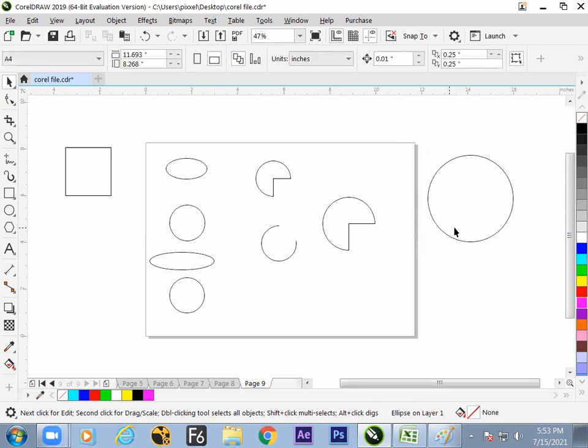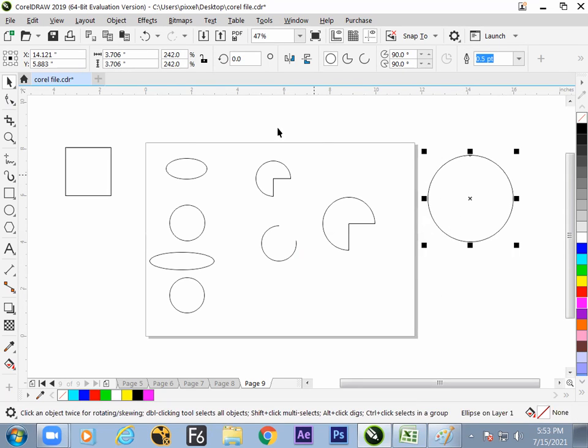Select the object. Step number 2: copy and paste over there. Step number 3: switch to the arc tool. Step number 4: if it is 360 degrees and it is divided by 3, then 360 divided by 3. So hope we have understood what math we have done.